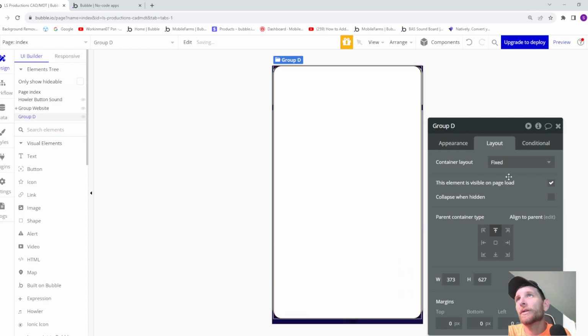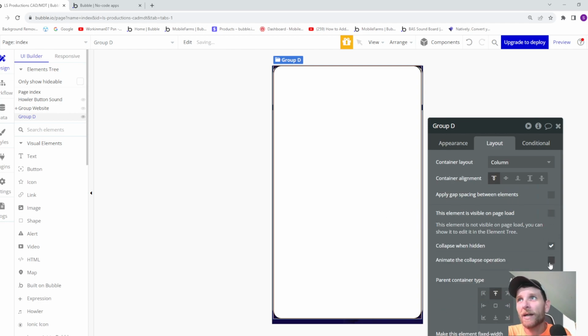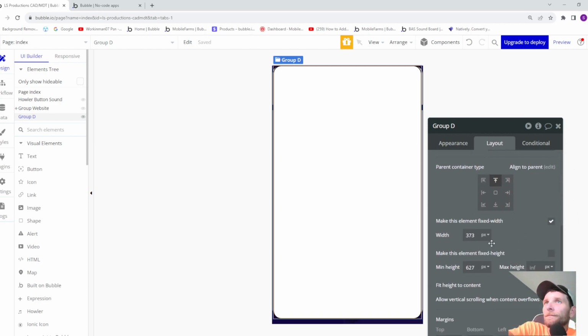We're going to center it. Turn it into a column. Collapse when hidden. It's not visible. You want it to fade out. We want our group